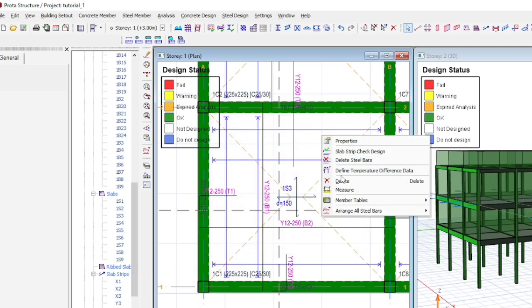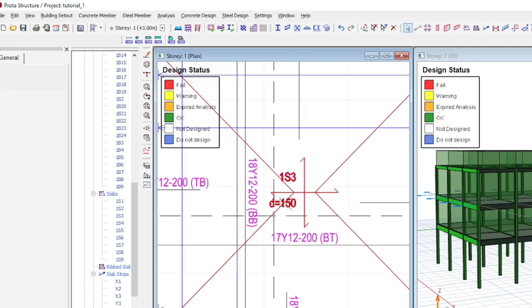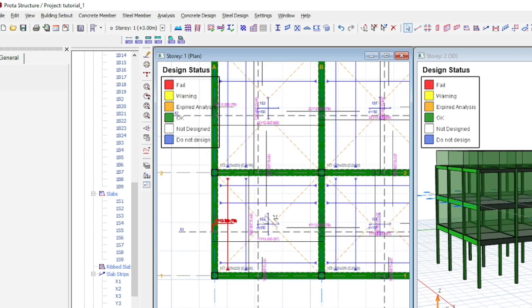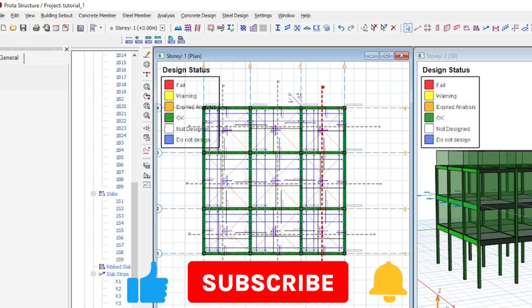It doesn't reflect. So what you need to do, you come to arrange bars, you come to update steel bars, and wait for the effect. You see that? It says 18Y12 200 bottom, 17Y12 200 spacing bottom. So this is how it shows. So in our next video, I'm going to show you how to place our bars, our bottom, our footing. When we play with the footings, then from there we generate our